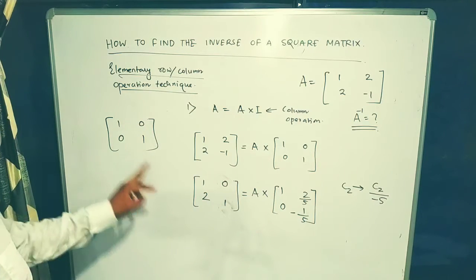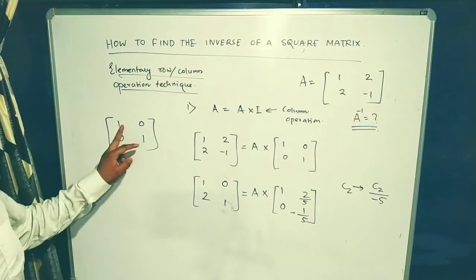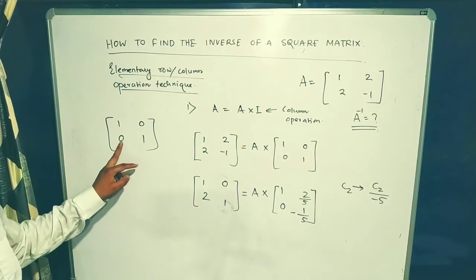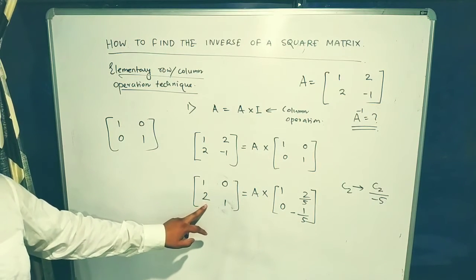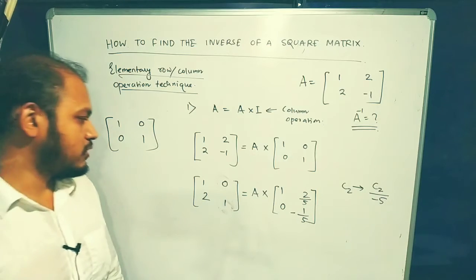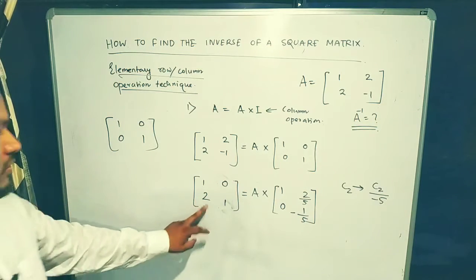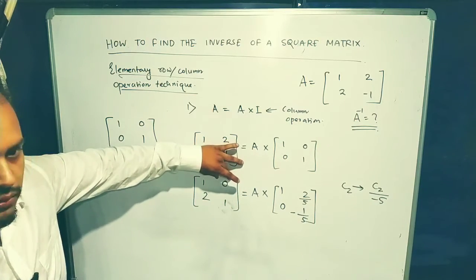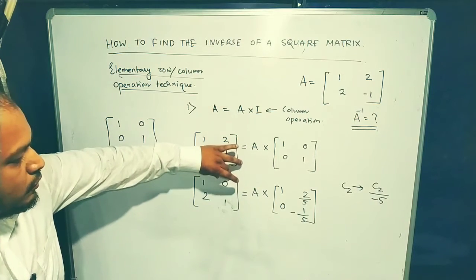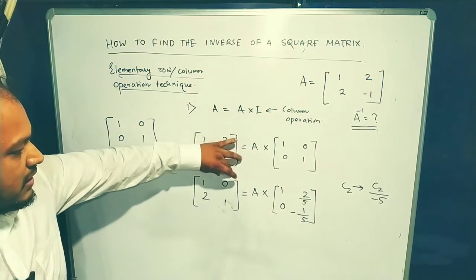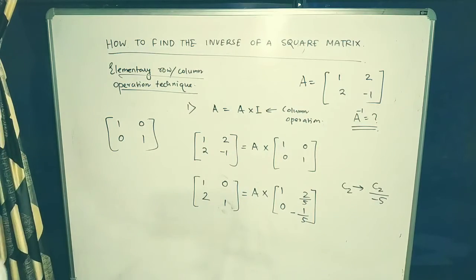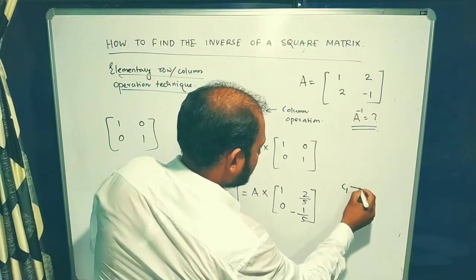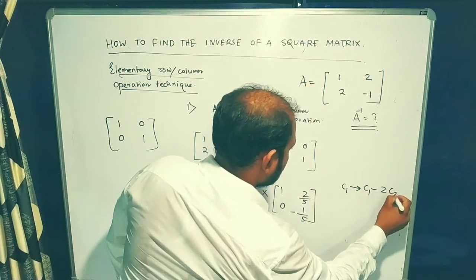The other column is still remaining the same, 1 2. So only 1 is same here, 0 is same here, 1 and 1 are also same, but here it is 0 and here we are having 2. So how can we make this number 0? Think about it for a second. How can we make this number 0? Can we multiply the second column with the number 2 and then subtract it from the first column and then put the result here? What will happen? So if we do this operation, the first column getting changed to first column minus 2 times the second column.